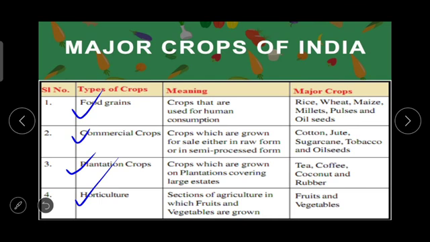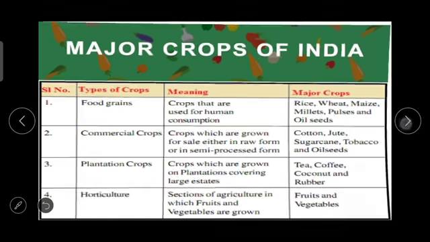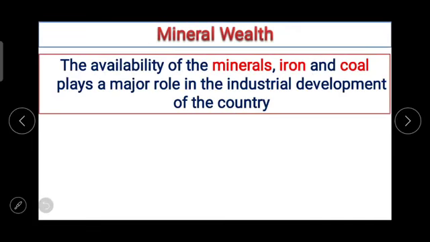So, basically we can say that agriculture fulfills man's basic needs, because of food and shelter, and not only food and shelter, but all other needs which are directly or indirectly related to agriculture. Clothes are also there. In order to encourage farming, loans are given to farmers through rural banks and cooperative institutions. In India, a number of schemes and policies are running continuously to increase development in the field of agriculture.